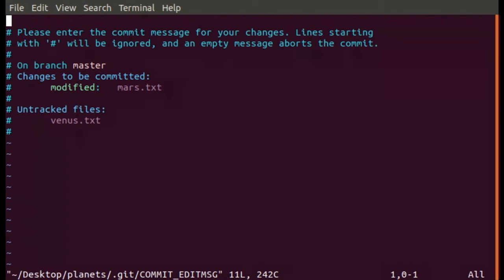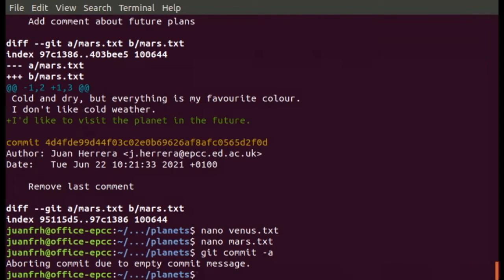Well, in case that you want to, if the commit message is empty, you abort the commit. You don't do the commit. Also, imagine that we are working now with this repository, but you stop, tomorrow you are going on leave, and you are not in the office until next week. When you come back